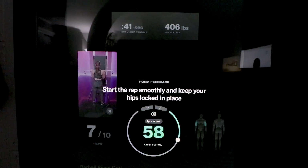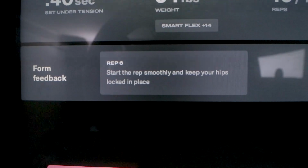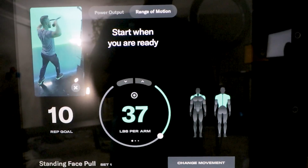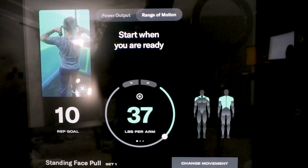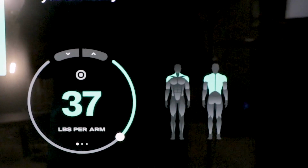Well, with the Tonal, it watches how you work out, it recognizes how you're moving, and it will give you feedback during your lift to tell you how to make little changes to do it more appropriately. They've also added a muscle view, so when you go to work out, you know exactly what muscles you're going to be targeting, but also at the end of your workout, it's going to show you what muscle groups you targeted based on all the workouts you did. So it's nice to have a better understanding of what you're getting into and what you also accomplish at the